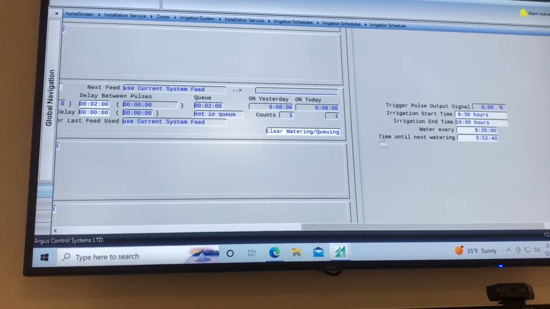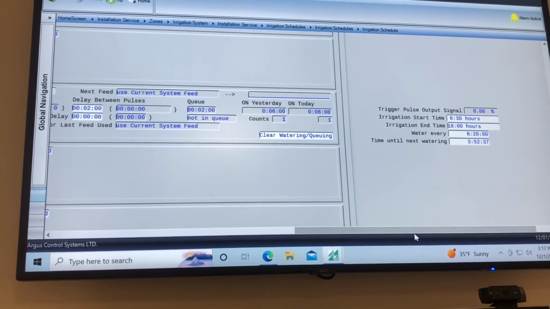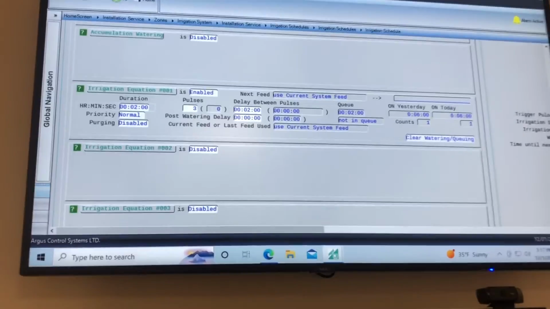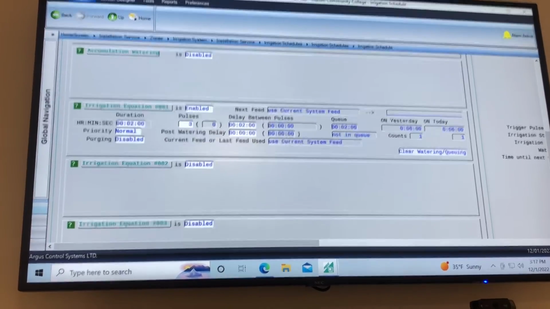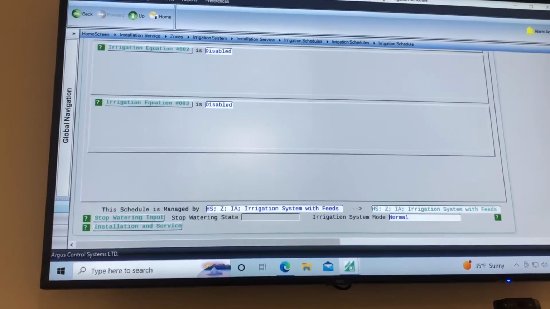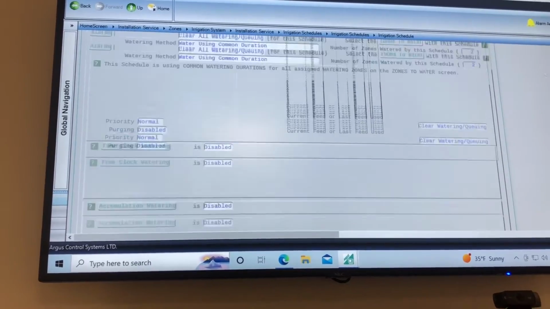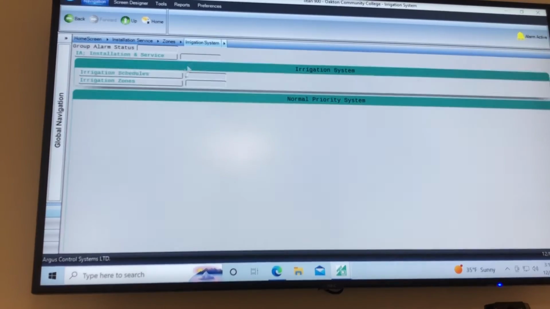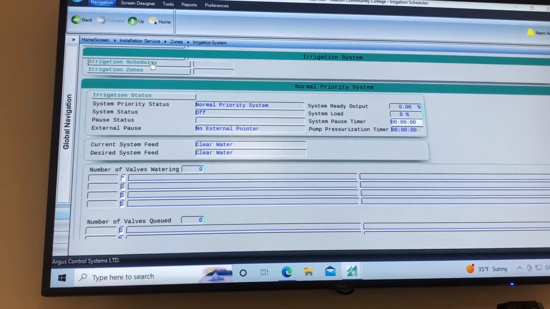We were having a little bit of an overwatering problem. So instead of having 3 watering events per day, we just do 2 on one day and 3 on the other. We found that works for us, but you can really customize this as much as you want to and have multiple equations going. I have 2 schedules, so I'll go back here, go into our schedules again,